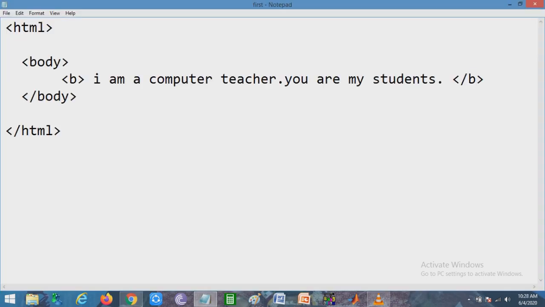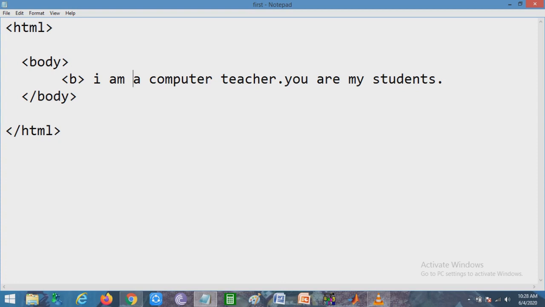So if we use the b tag, it is used to make the sentences, words or paragraph anything bold. If we are using a start tag, you have to use the end tag as well. You can use this bold tag to make any word, sentence or letter bold.